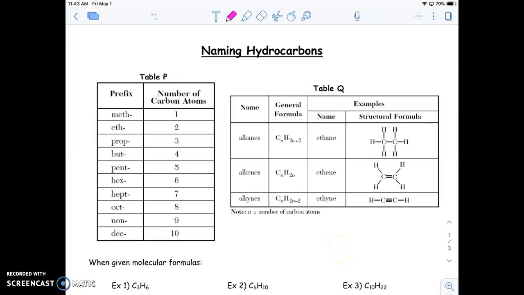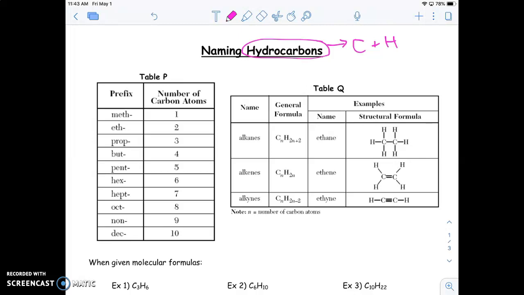Hey guys, so at this point you've had a little bit of an introduction into what organic chemistry is. Simply, organic compounds are just compounds that contain carbon. So all the compound has to have in it is a carbon atom, and that makes it organic. Now the first type of organic compound that we're going to look at are hydrocarbons. And you guys should know from doing the past activities that these are molecules that have carbon and hydrogen only. Some other organic compounds can have oxygen in them or nitrogen, but if it's a hydrocarbon, it just has